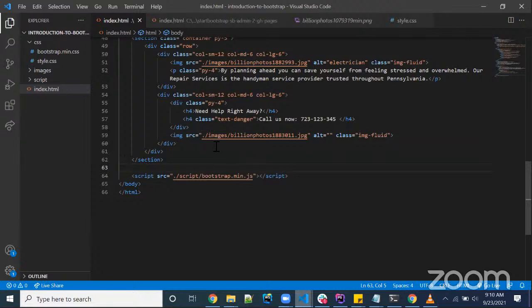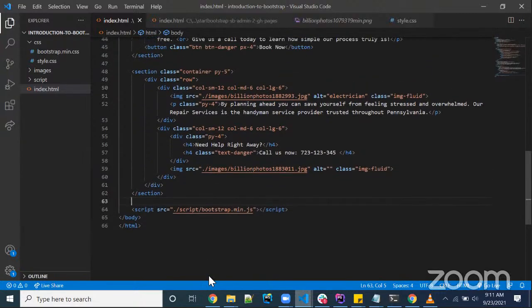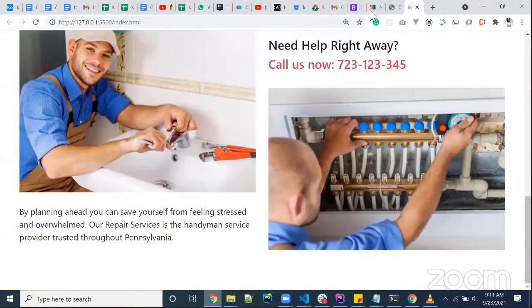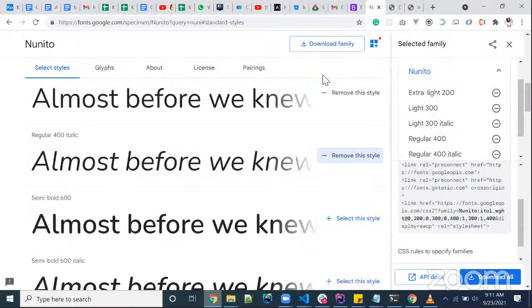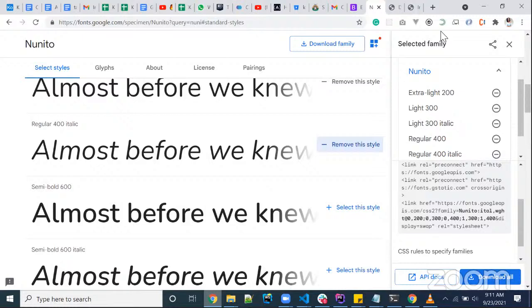I already have my folder opened in my IDE, that is my VS Code. So I don't want to go over showing you how to open a folder with VS Code. I want to believe that you already know that. But before we even start, I would like to show you how to use Google Fonts, how to import Google Fonts into your project. So what you basically do to add a font in your project is go to